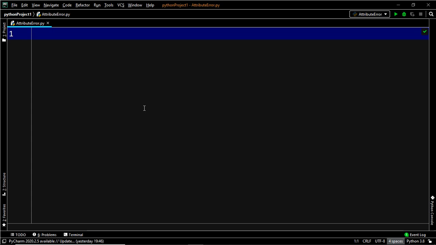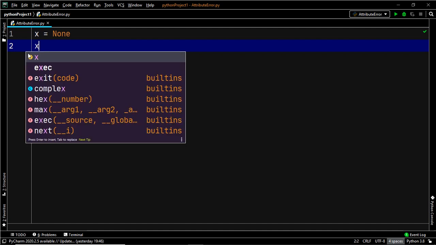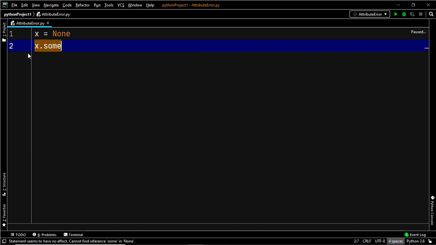So let's try and understand that with the help of an example. Suppose we have an object x which equals None. So x is an object of NoneType. Now previously what we were trying was something like this: x dot something equals Finster. Now this led to an attribute error.